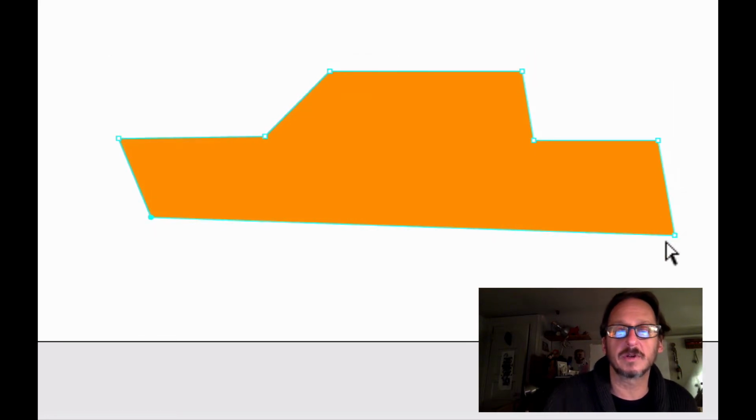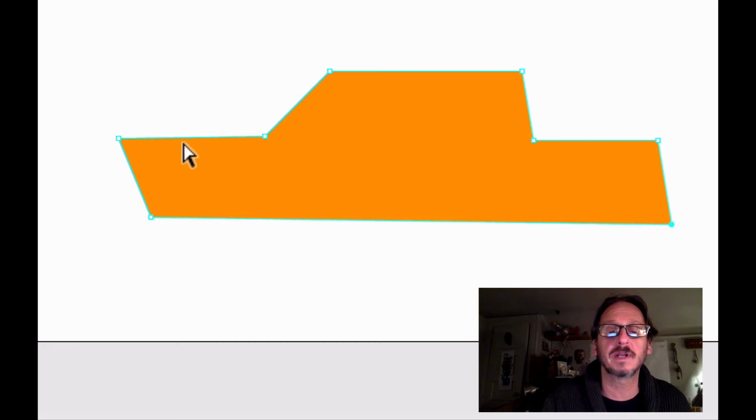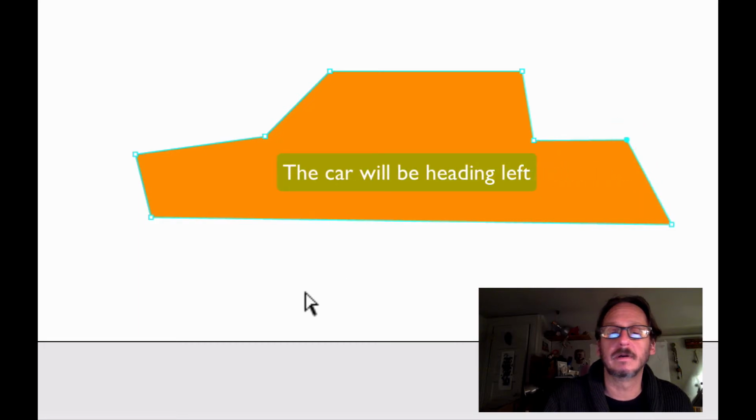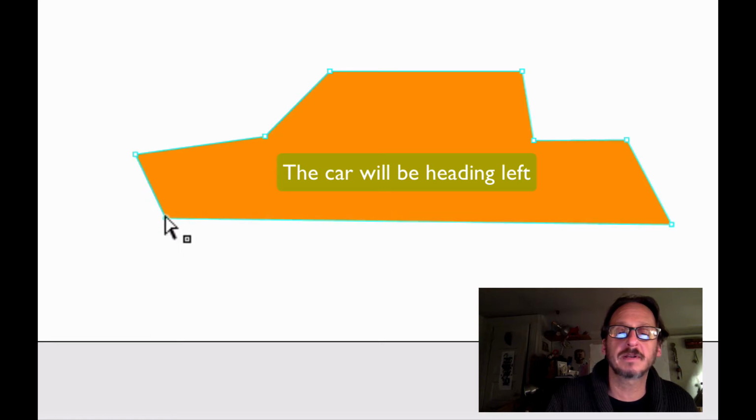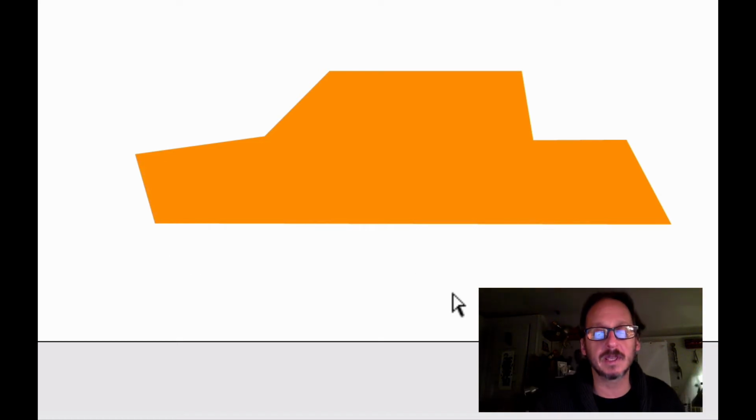I keep moving it, so I'm going to Command Z, click off. If you accidentally click inside, you move the object. So I'm clicking just the anchor point now a little bit more carefully. So it's up to you what kind of car you want. This has come pretty far from two rectangles at this stage, and I'm looking for a pretty nice profile of a car. All right, I'm satisfied. I'm going to keep this one.